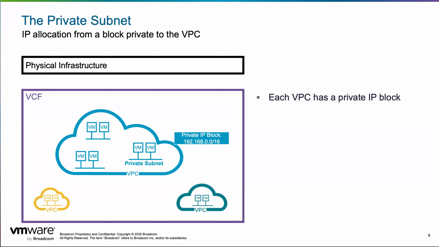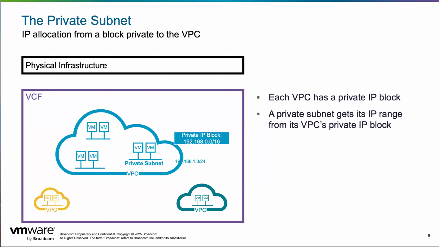So you pretty much choose what block you're going to use here. Here I'm using an RFC 1918 block, but you can put pretty much whatever you want. And when you create a private subnet, you're going to be able to specify the size you want, and automatically a sub-block will be carved out of the private IP block and assigned automatically to your private subnet. So that as a user, I don't have to worry about IP addressing. It comes automatically. And of course, if I'm using DHCP, my virtual machines will also get an IP address automatically